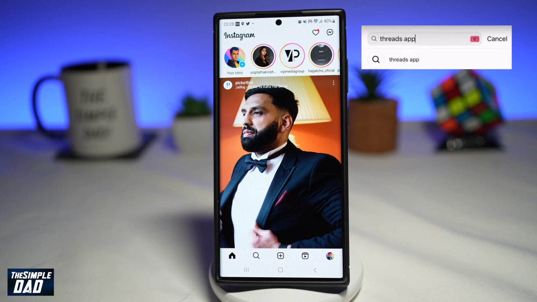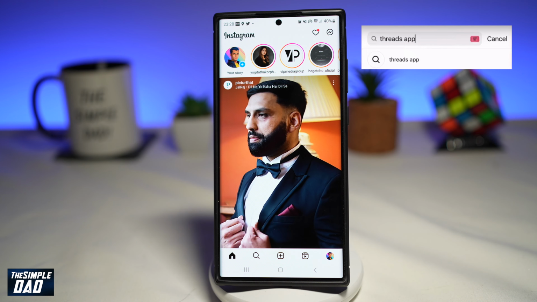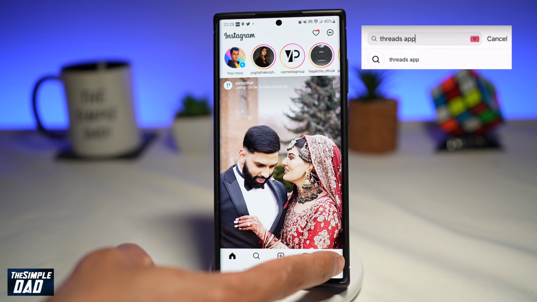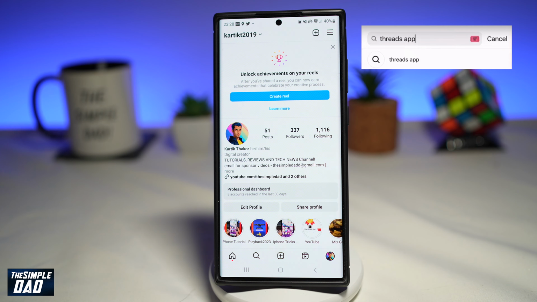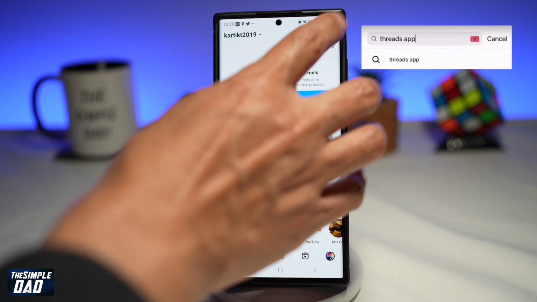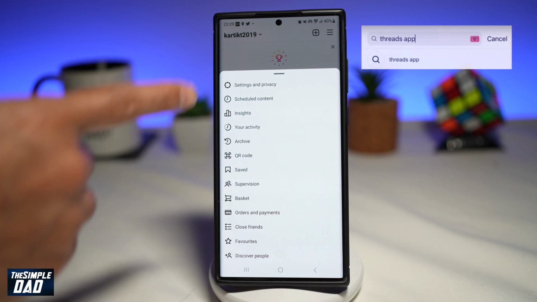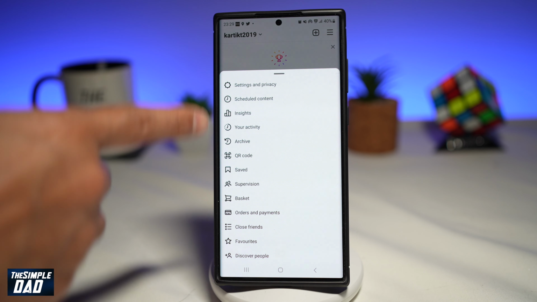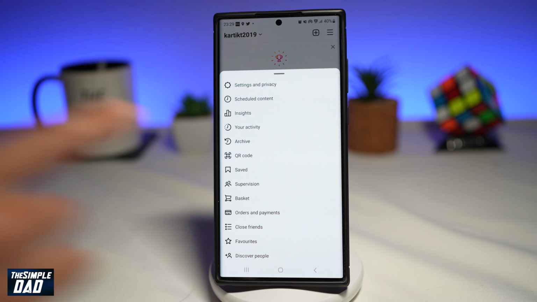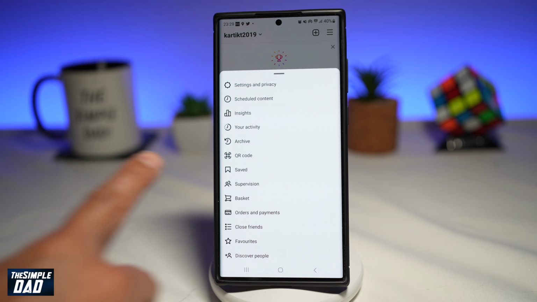Another way of finding out if you have the Threads feature on your Instagram app is by going to your profile page here at the bottom right, then tapping on the three lines at the top right. And once you're on this page here, you will see another line where it says Threads. So if you do see it, that means you have that feature in your Instagram app. So you want to go ahead and tap on the Threads feature, and you'll be able to access the new